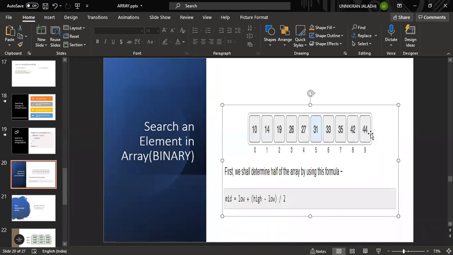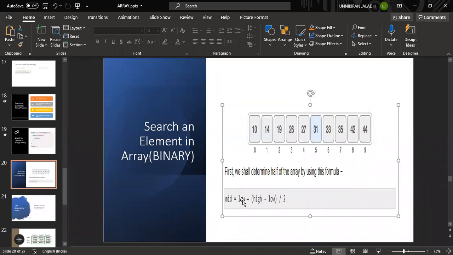So it is in the next half. It came to know that the given key value is in the next half, because we were going to search 33, but here it is 27, and because this array is sorted, it came to know that the value is in the next half. Now we go to the next half, and this is the fourth value.